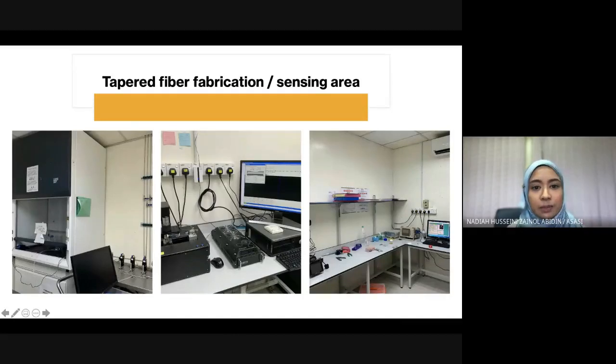This is our tapered fiber fabrication area and our sensing area. The first picture on your left is where we conduct our gas sensing experiments. We do it in the hood. As you can see, there are 3 lines connected to the hood that supply the gas. The middle part of this figure is the Vytran machine, which is the machine that we use to fabricate our tapered fibers. As you can see on the monitor is a diagram of the tapered fiber,